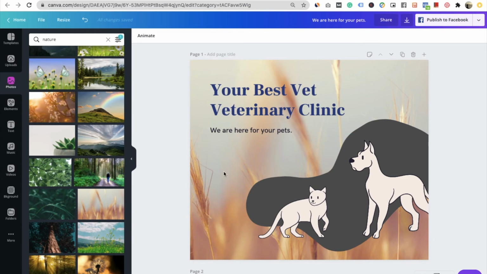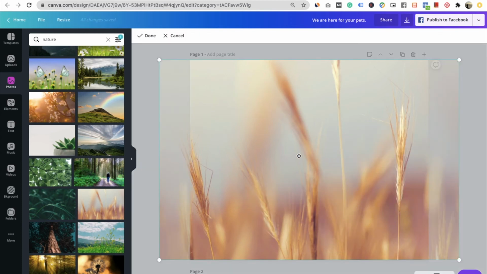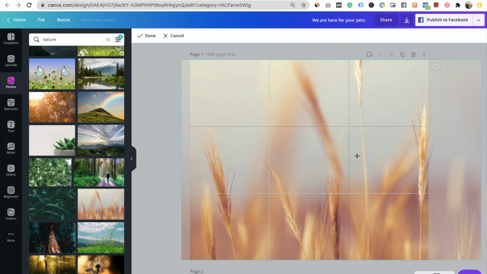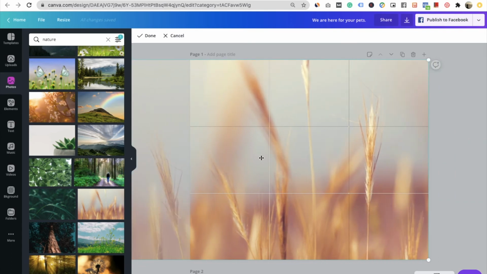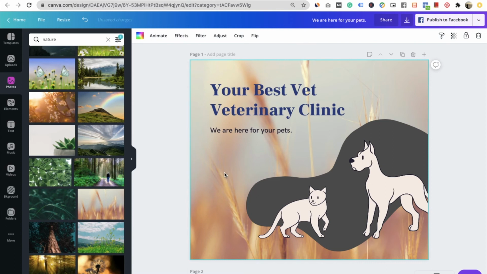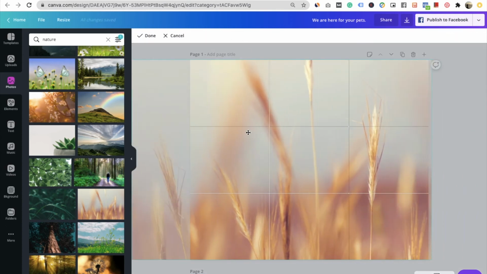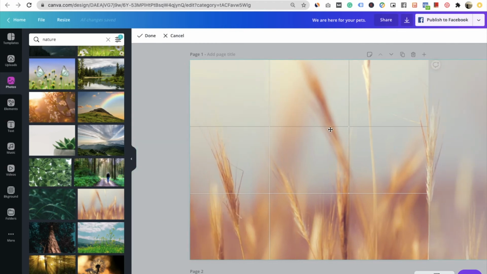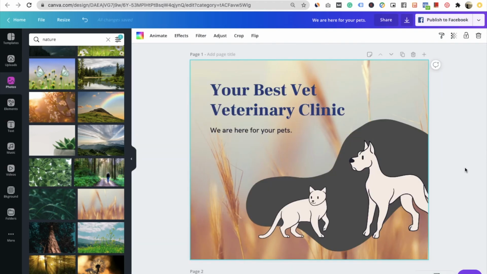If you want to make more changes, just click over the background twice and you shall be able to adjust the canvas. Or the manual way of doing this is to click over the background once and click over crop, and this is how you shall be able to adjust your background. Alright, so these are some quick ways to get you started here.